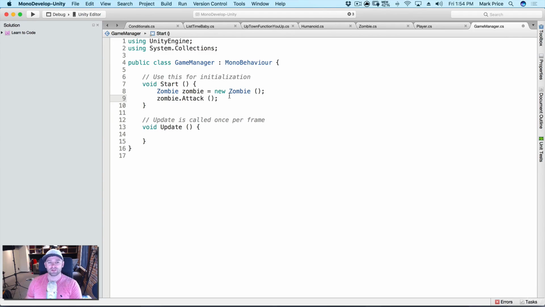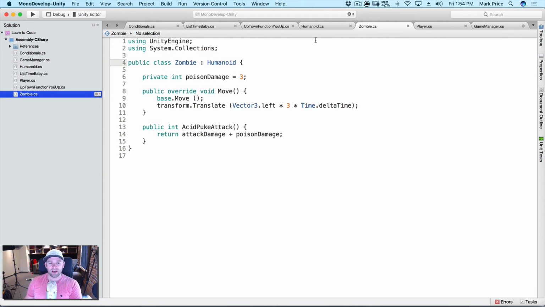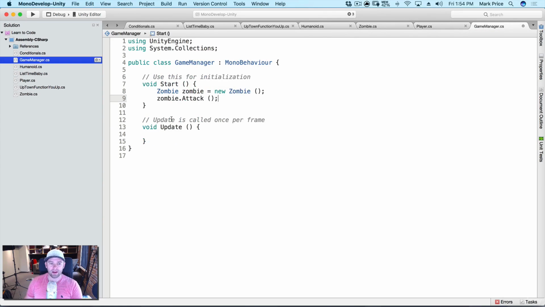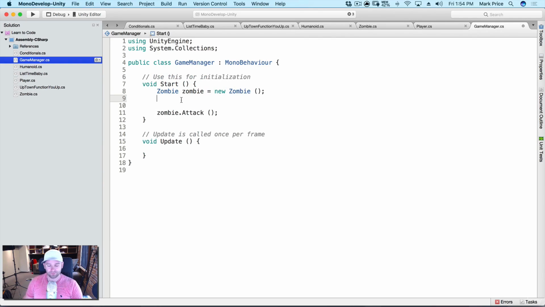Ooh, so here's something interesting. Remember the zombie attack, or remember the attack function right here? Okay, let's actually return the attack damage instead of 0. It's returning something, right? So this is cool. Ooh, this is really cool. What we can do is go back to our game manager. Let's create our player as well. Say player